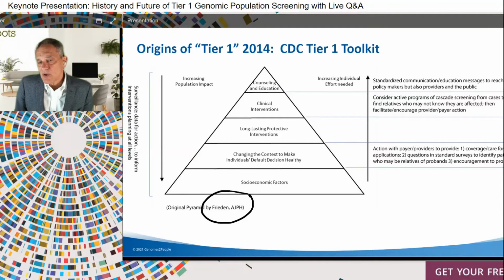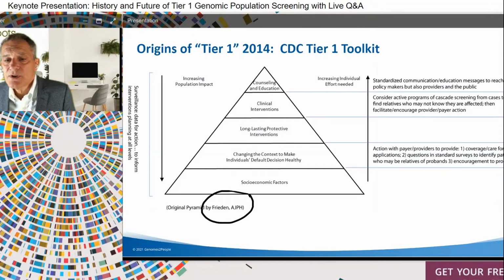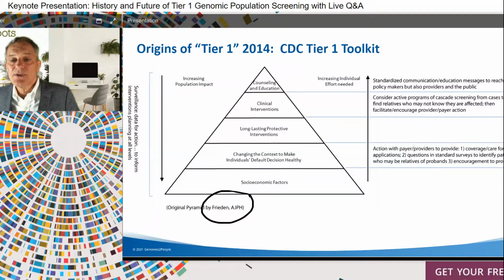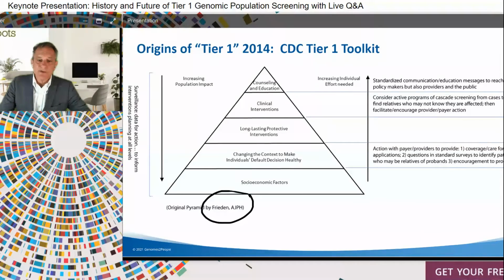And so around this tier 1 designation, they created a whole tier 1 toolkit. You'll see that back before he was famous, Tom Frieden actually was involved in creating this toolkit. And there was a whole sense that we needed to educate the public, we needed to educate clinicians, we needed to think about socioeconomic factors, we needed to understand what's the societal context. And so there was a whole back end to this, which was very laudable, but also kind of further exceptionalized the idea of genetics.